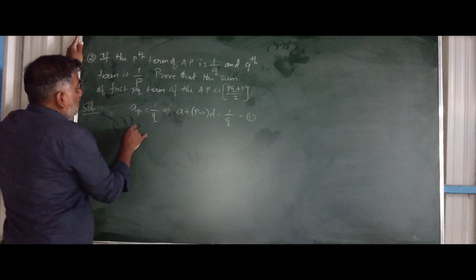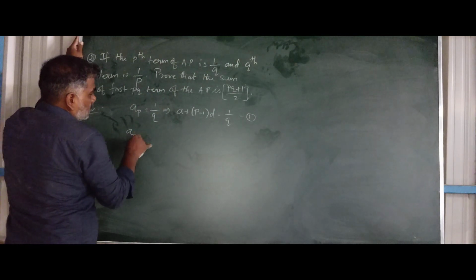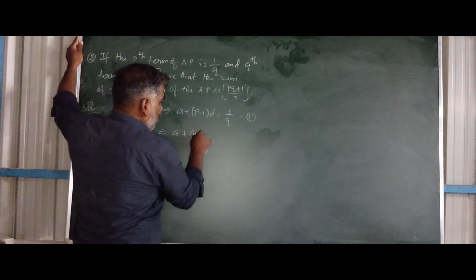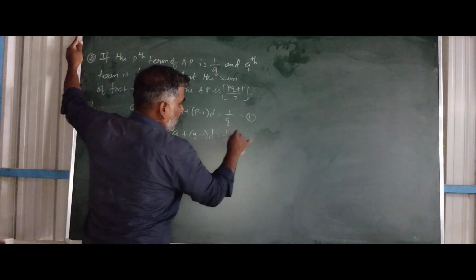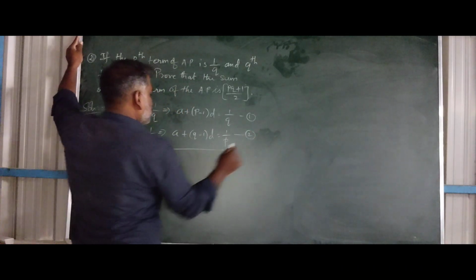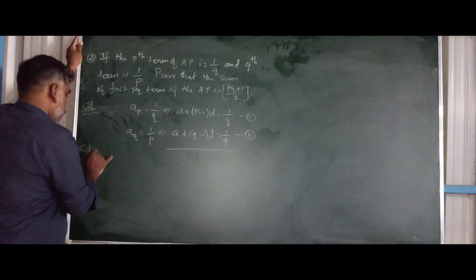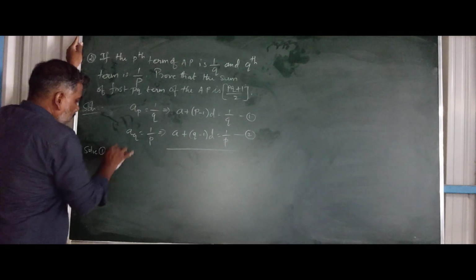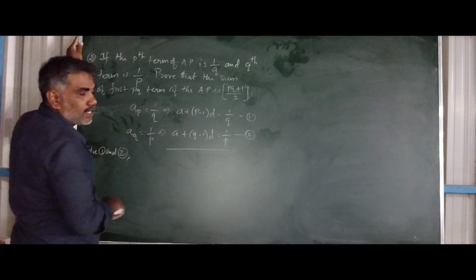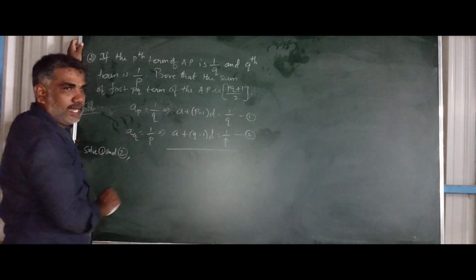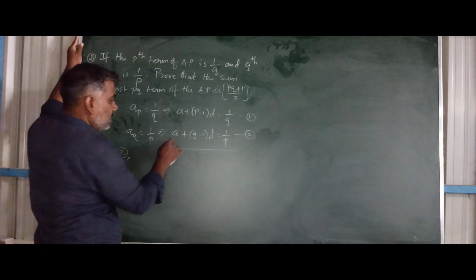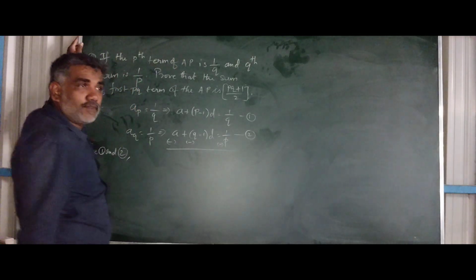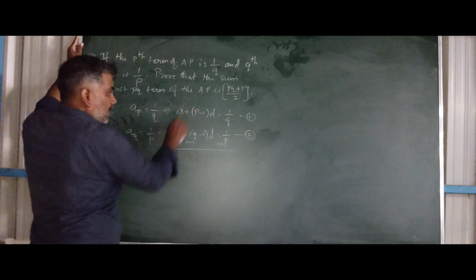And next என்னது? qth term is 1 by p, which implies a plus q minus 1 into d is equals to 1 by p. இது என்னது? Second equation. Solve 1 and 2. How do you solve now? That means elimination method. I am going to eliminate a directly by subtracting, so that I have to change the sign of the terms of the second equation, so that plus a and minus a